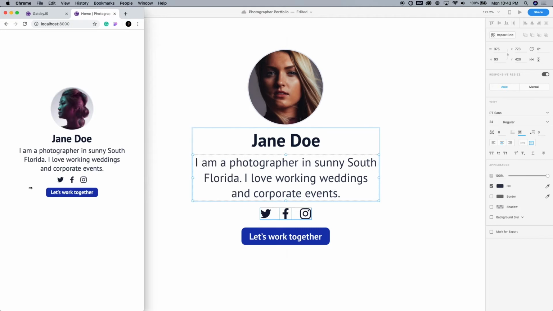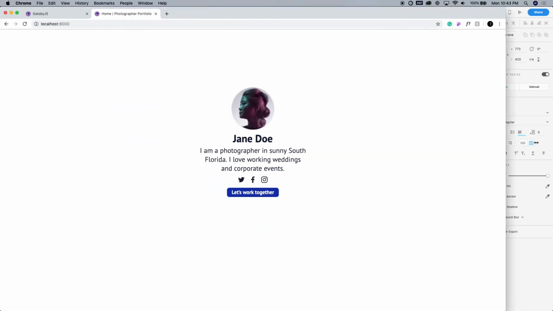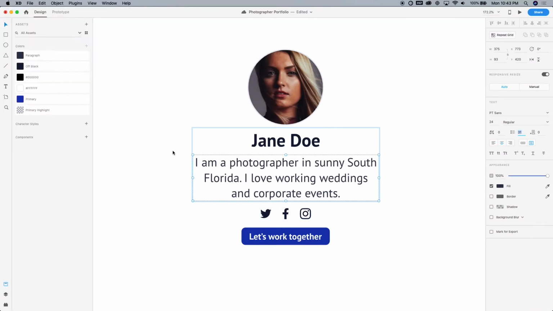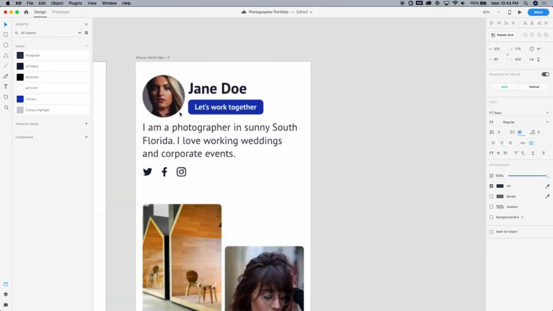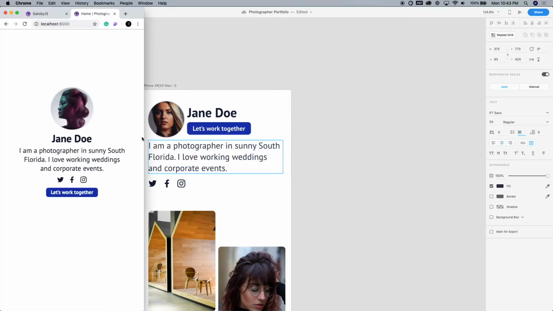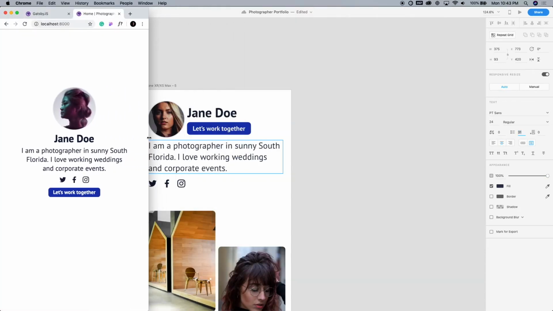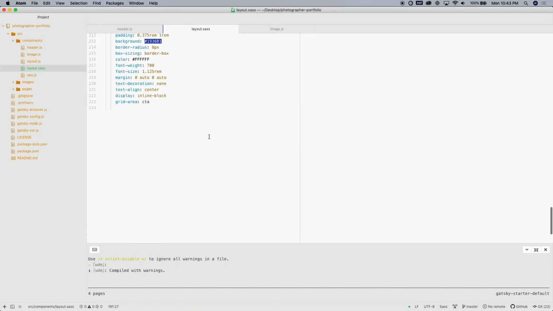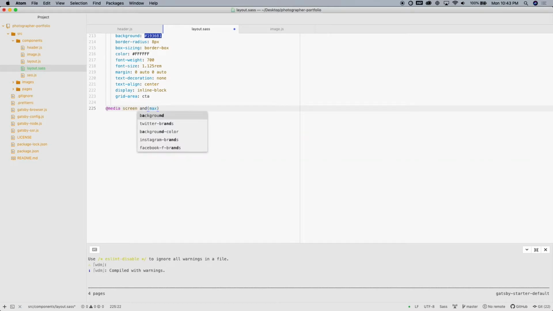So going down, I mean, if you really wanted to keep it just like this, going all the way down to mobile, it's going to be fine. But we do want to kind of switch this around a little bit. So we'll add a media query. Let's see what a good spot is for this. Let's say maybe like 500 pixels for now. So we'll do at media screen and max width equals to 500